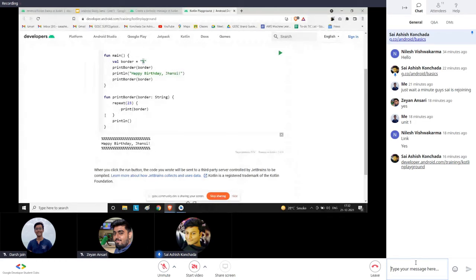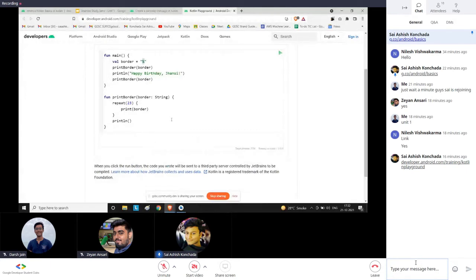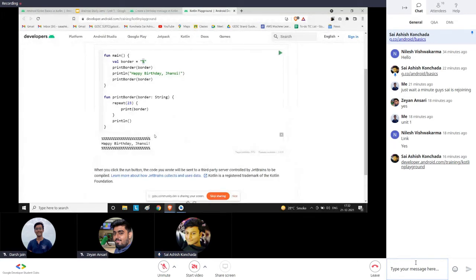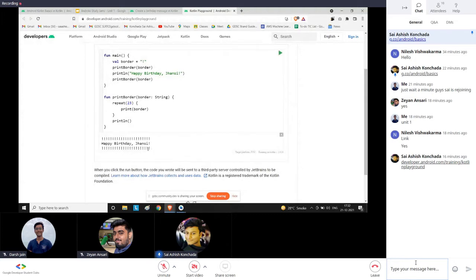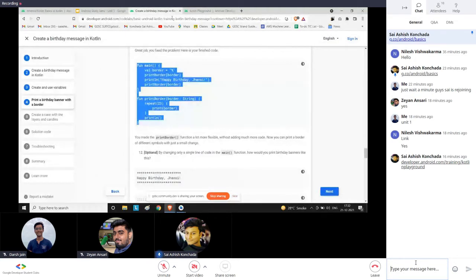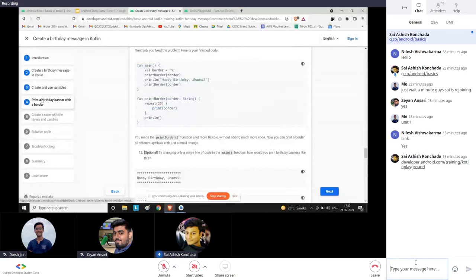It will go to the next line, it will repeat, come to happy birthday Jhansi, and again repeat the same process. So essentially there should be no change. So it will print this one. If we are putting something like an exclamation mark, again the same thing. Exclamation will go in border, and it will print exclamation marks. This is the basic loop syntax that we're doing in this fourth one.